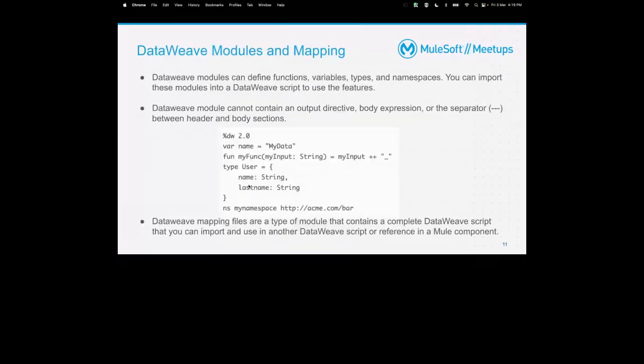Okay, then it comes to DataWeave modules and mapping. These are the two major things which we are going to develop in Visual Studio Code. DataWeave modules can be of 4 types. Modules can define a function, a variable, types, and a namespace. These are sample examples of a DataWeave module, and you can import these modules into a DataWeave script